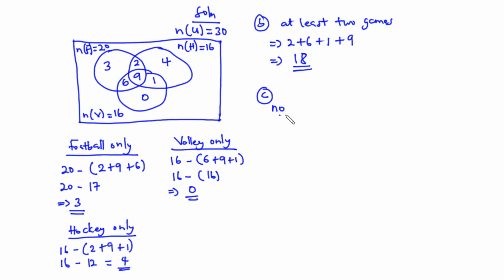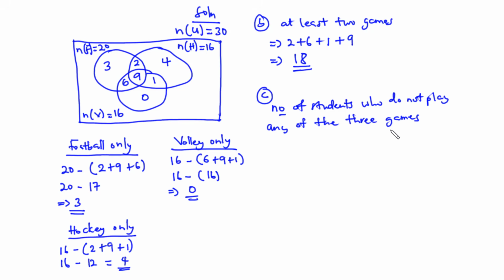So the number of students who do not play any of the 3 games is equal to 30